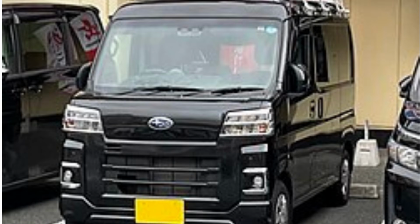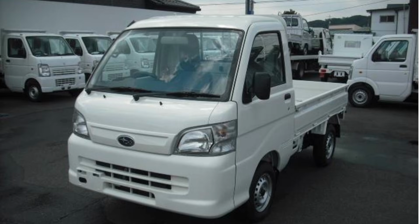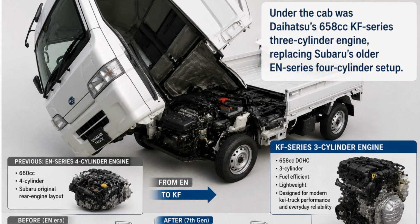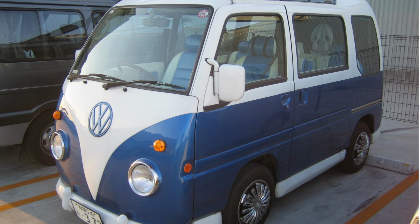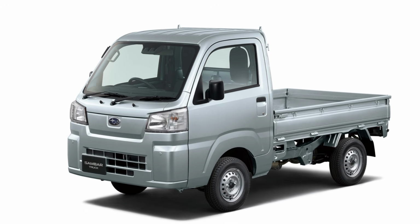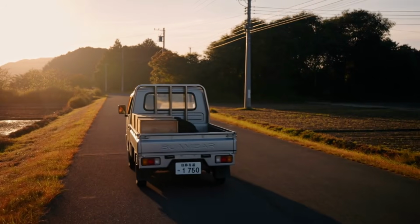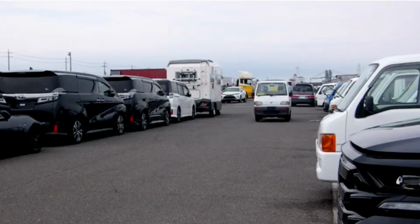It was never the fastest, never the most powerful, and never the most conventional. But that was exactly the point. The Sambar kept finding new ways to be useful, and in doing so, it became one of the most unusual and memorable K vehicles Japan ever made. It started as a compact work vehicle from a company with aircraft roots. It grew into a long-running rear-engine oddball with genuine utility and personality. And even after the Subaru-built version disappeared, the name still carried the memory of something rare,